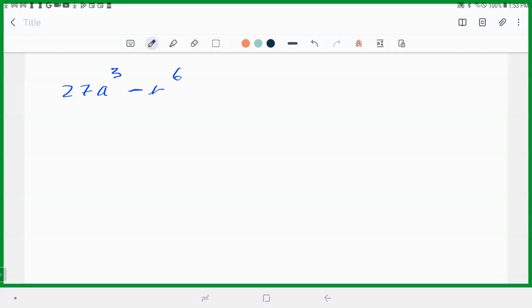I want to factorize into 2 factors. Obviously, I'm going to use something cubed. So the a cubed there, and this can be written as 3 cubed. This now I write as r squared cubed. So I'm going to write this as 3a all cubed minus r squared cubed, difference of 2 cubes, equals, this is my a, this is my b. So I'm going to get 3a minus r squared,